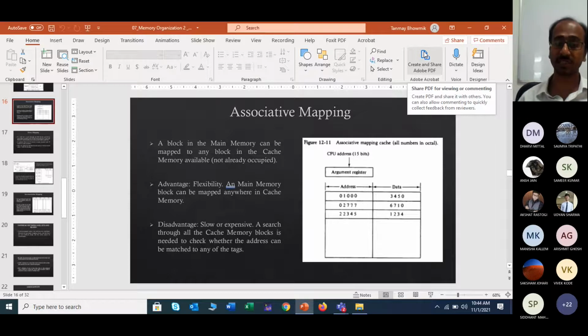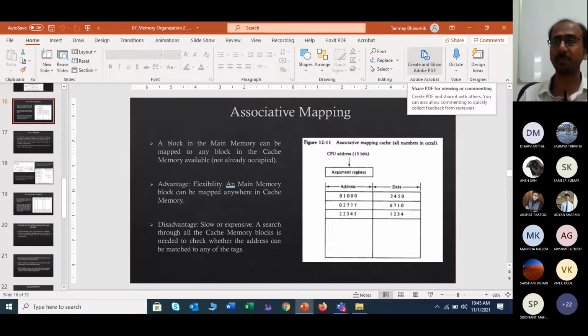There might be some process based on which you can properly map which data are actually required and which are not required. So all of these things come with this cache handling part. With regard to that, there are several types of mapping technique available, like associative mapping, direct mapping, and set associative mapping.